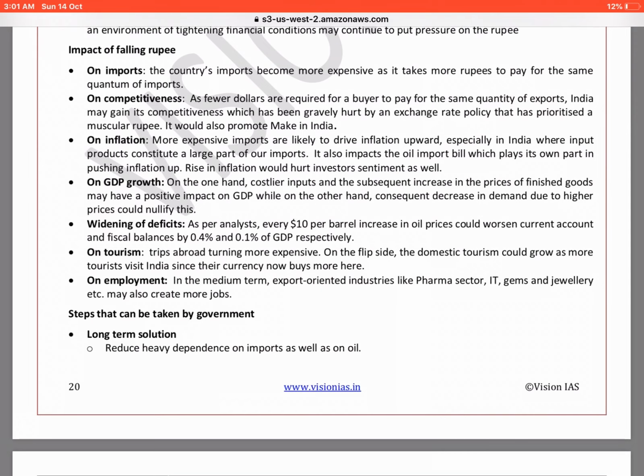On GDP growth, for a short period of time, the GDP will look good. Because of inflation, the prices will bloat up, the prices will look inflated. But actually the production has not increased, only the prices have increased. So for a short period of time, GDP will grow. But for a longer period of time, since the prices have increased and production has not increased yet, the demand will decrease, and thereby later on the GDP figures will get affected in a negative way.